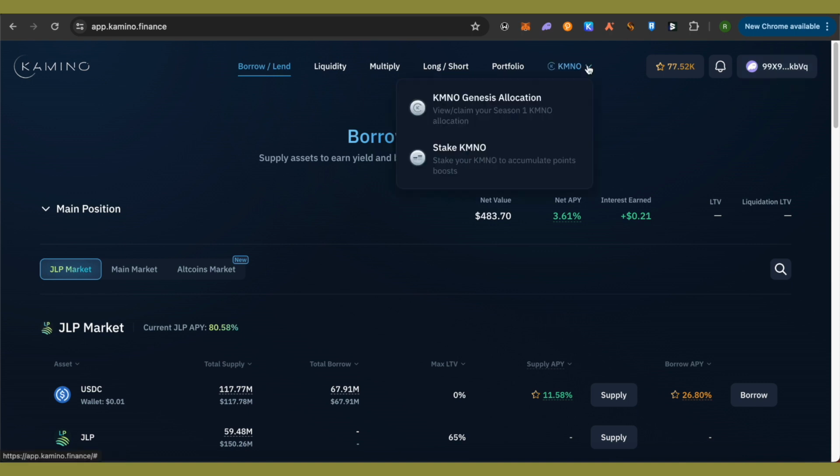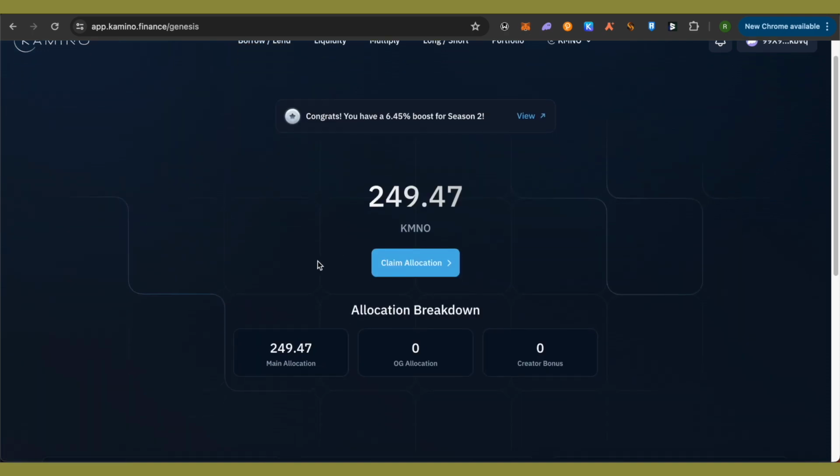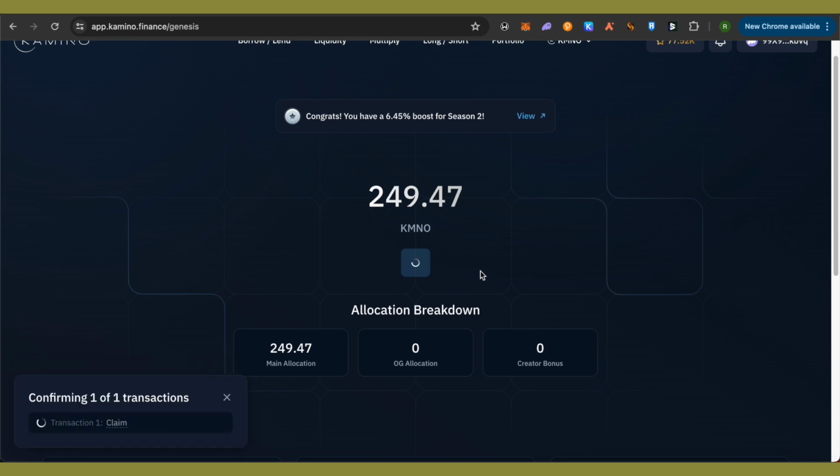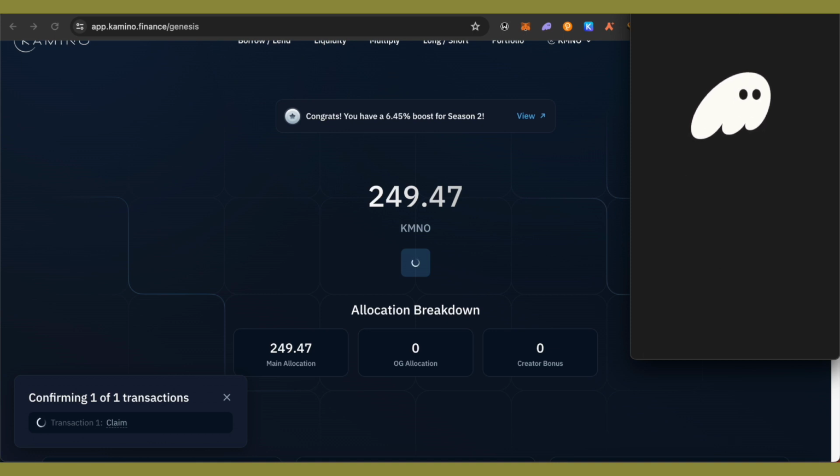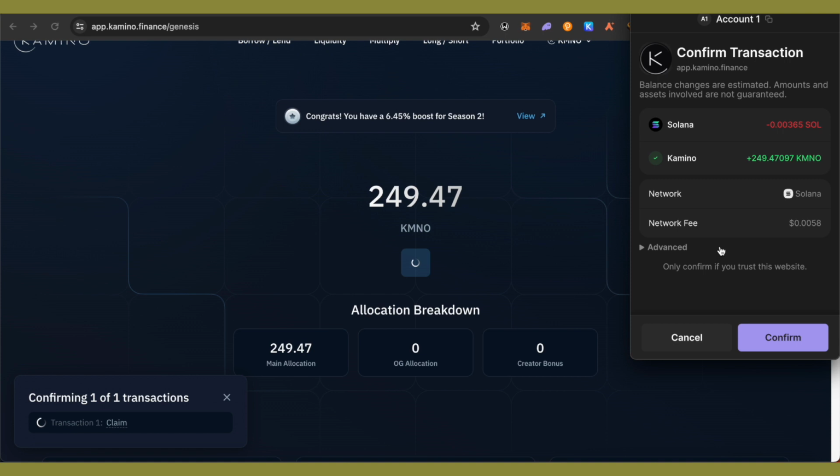And after that, select the option of KMNO over here. Then select the option of KMNO Genesis allocation. This is for season 1, and here you get the option to claim your allocation. Simply click on claim and wait for it to do its work. After that, you would be able to see this particular pop-up in order to get the transaction signed by you, and here you can click on this option of confirm